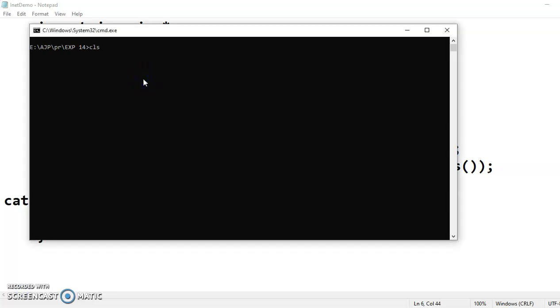I'll compile this program and I'll run this. Can you see the output? The output now is the desktop name, which is the name of my machine. I'll definitely change it. And the IP address is 192.168.0.103. So the output of the previous program was the IP address of javapoint.com, and the IP address now is of my own machine. So this is how we can use the InetAddress class and its factory methods to retrieve the IP address.